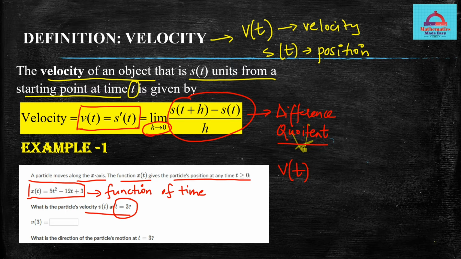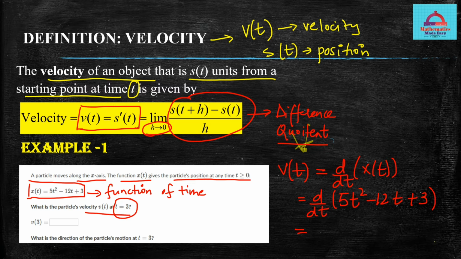and after that, because we need this velocity at a specific time. What is the time? t equal to 3. So we are going to be doing substitution. So v of t is d by dt of x of t, or the first derivative of the position vector. So we are going to be doing d by dt of 5t squared minus 12t plus 3. So I've just put in the value of the position vector.